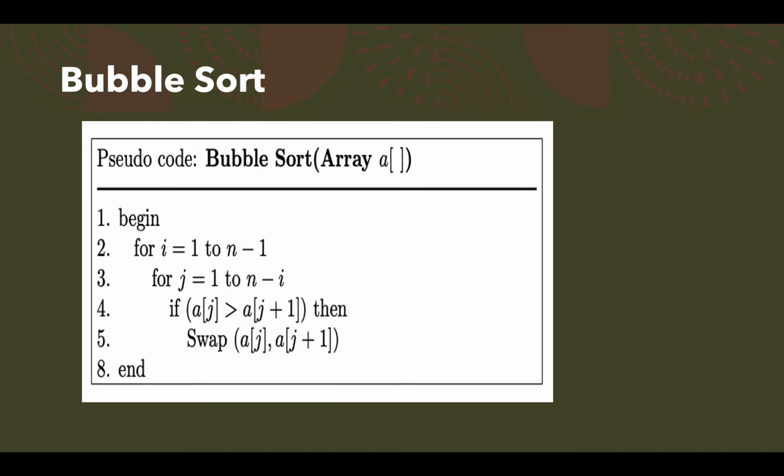The next algorithm is bubble sort. So bubble sort is how different from exchange sort? In exchange sort, one number is compared with all the other elements. Whereas in the bubble sort, it compares every two adjacent elements in each iteration. Okay, and you can see the loop is running for n minus i. Okay, so here that's a condition. You can see in the previous exchange sort, you were comparing a of i with a of j, where j was running. Here you can see j and j plus 1. So in every pass you are going to compare two adjacent elements and then you are deciding to swap.